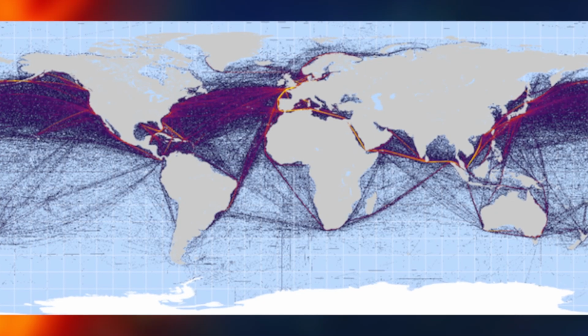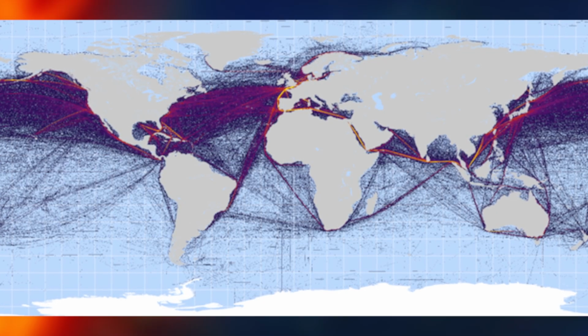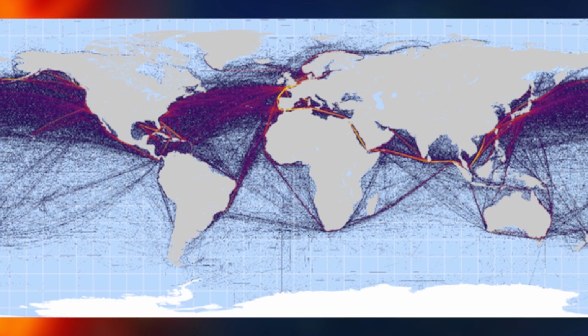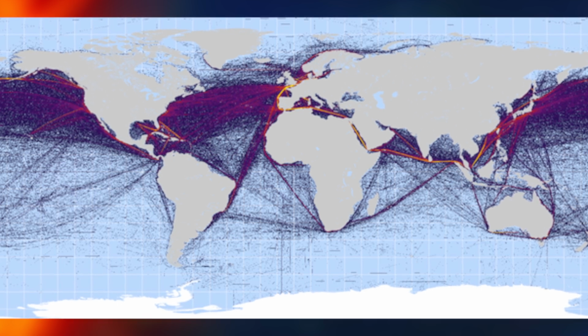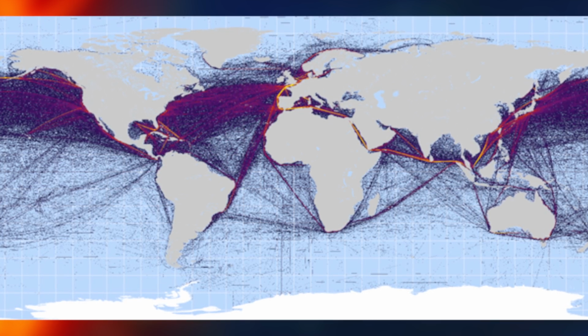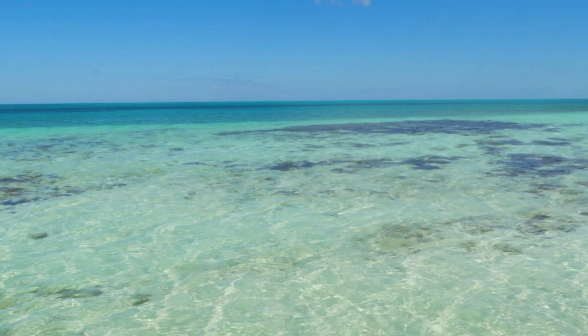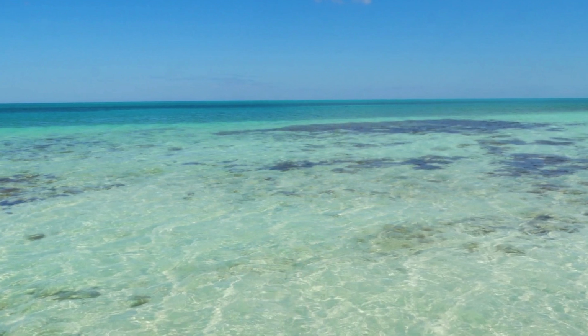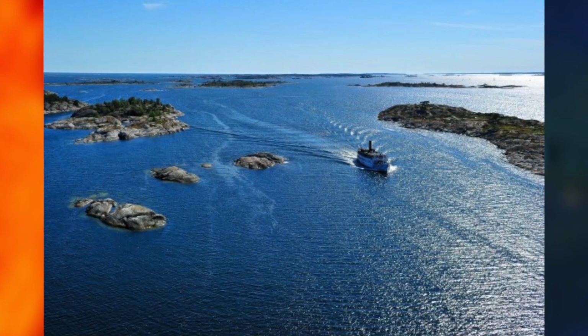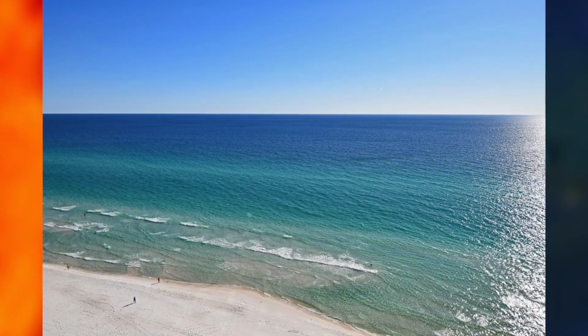From the international trade point of view, it is the busiest ocean. That is, most of the international trade routes pass through the Atlantic Ocean. Atlantic Ocean is characterized by a number of shallow seas like the Caribbean Sea, the Baltic Sea and the Gulf of